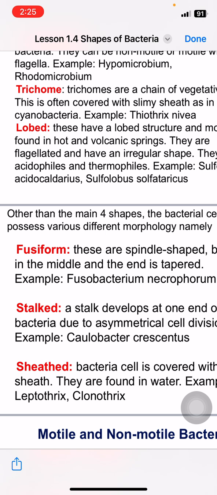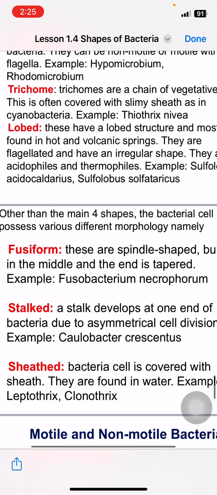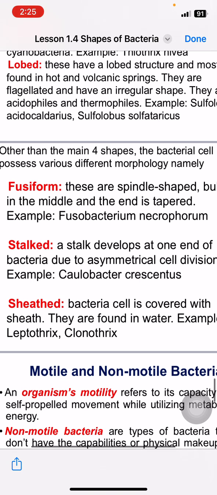Okay? So what are examples of fusiform? We have Fusobacterium and Necrophorum. So fusiform is a spindle shape in the morphology of the bacterial cell. Remember, everyone, you have to know the shape of the bacteria and the arrangement of the bacteria. Next, we have the stalk. A stalk develops at one end of the bacteria due to asymmetrical cell division. When we say asymmetrical cell division, it involves not only nuclear division, but it also undergoes